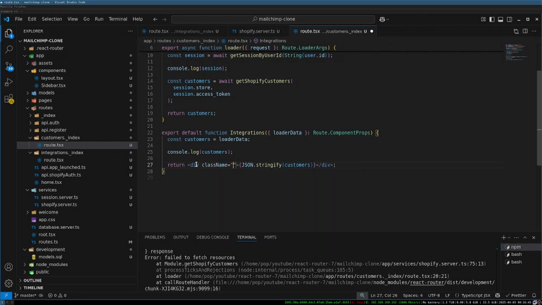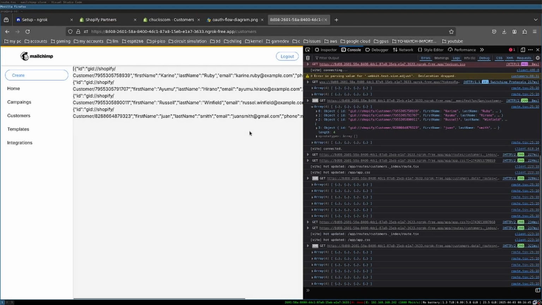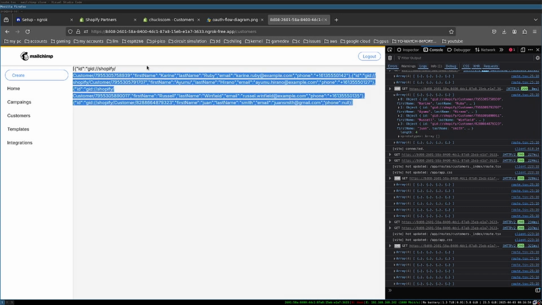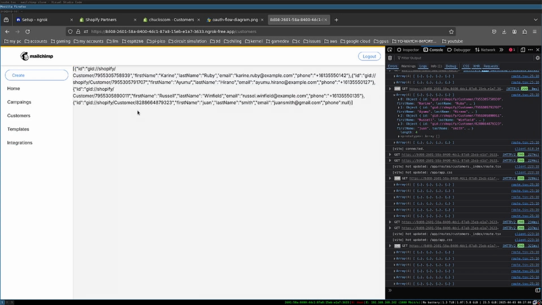Okay, last name, text, black. You're gonna see my customers here on the screen. So yeah, this is how we access resources from customers in Shopify with a non-embedded application, and that's how the